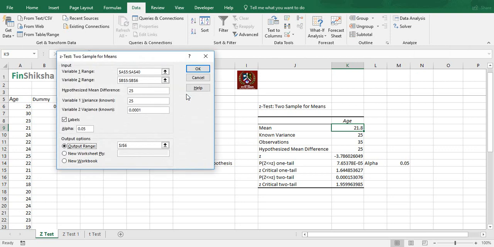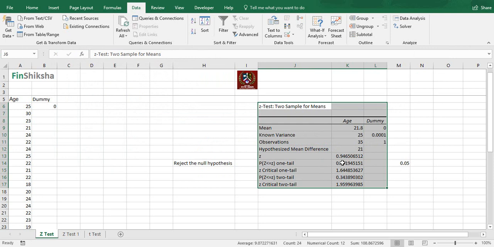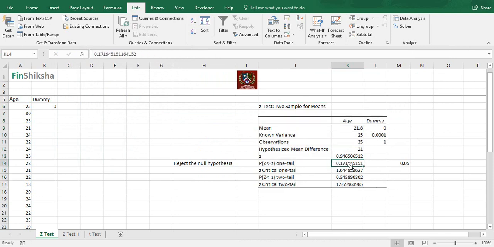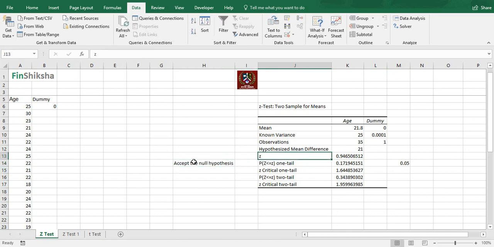Let's do the test again. Instead of 25, I put 21, and then I run the test again. Look at the z value, look at the p value, which is 0.17, which is greater than 0.05. Then you accept the null hypothesis, and look at the value of z, which is less than 1.65.